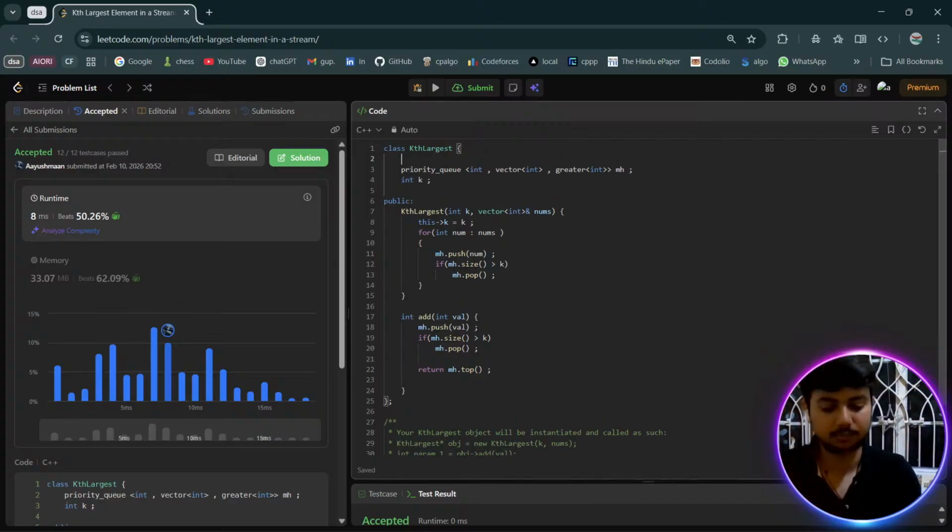Let me also write for, we have two comparator functions and these are greater int, ये क्या करेगा, तुम्हारा min heap बनाएगा, and you have less int, what this does is we create max heap।